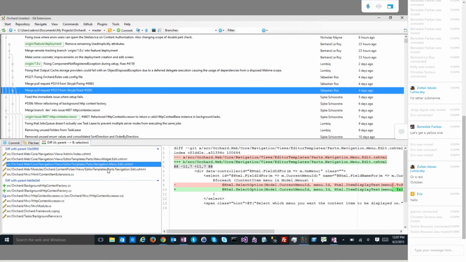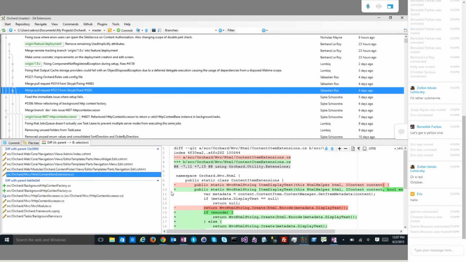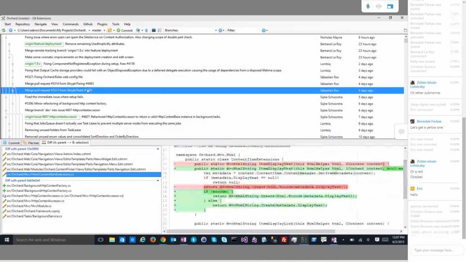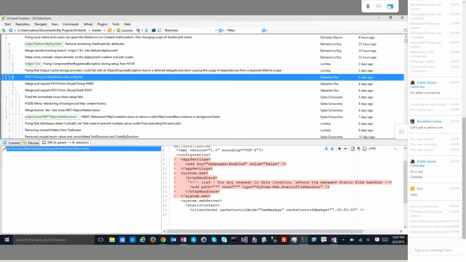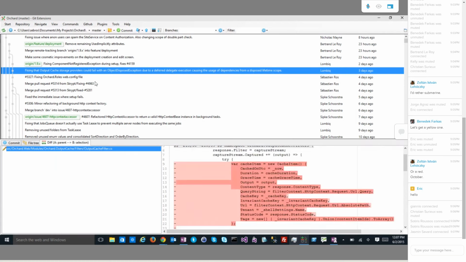So menu and navigation, and this is the code, very simple. Not breaking. Then this is a fixed web config, which was not a pull request, it was just a suggestion in an issue, a correct suggestion. This is